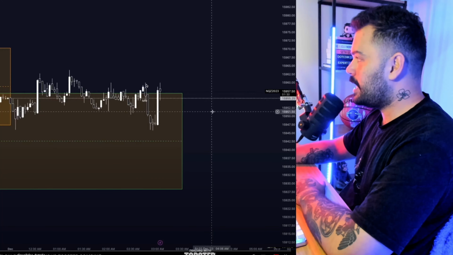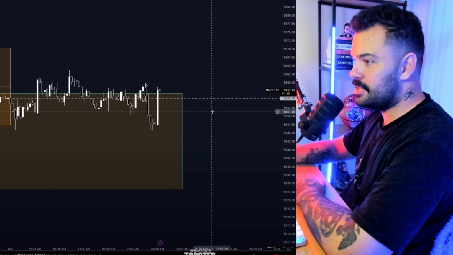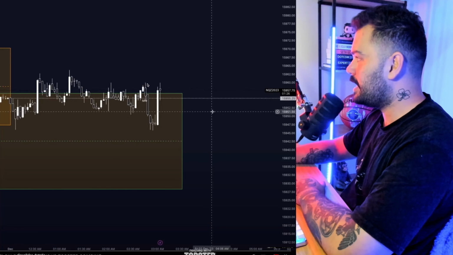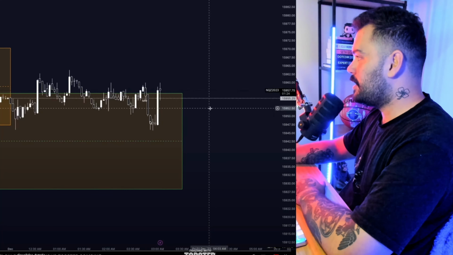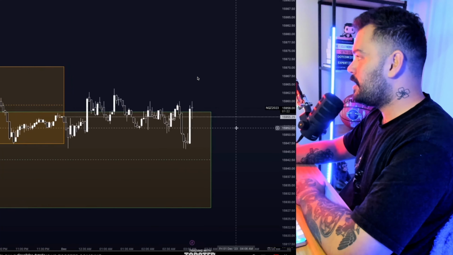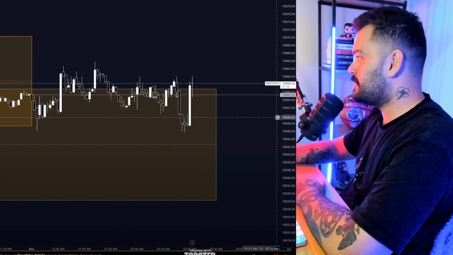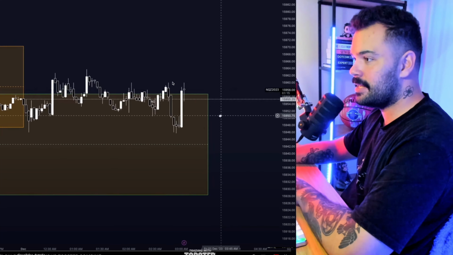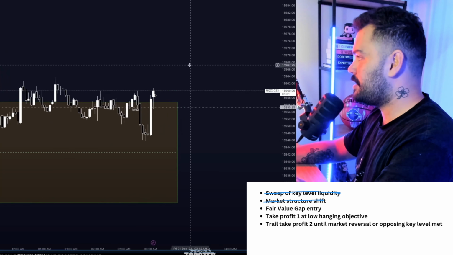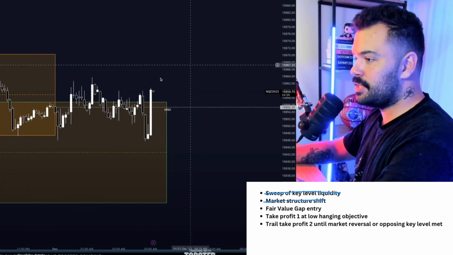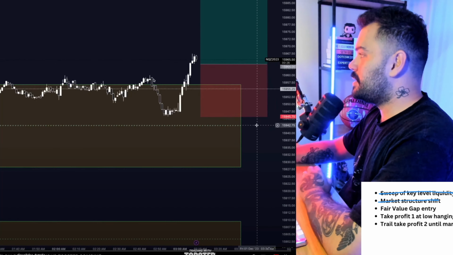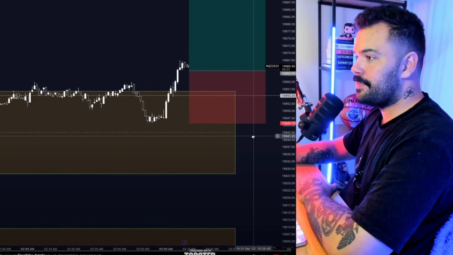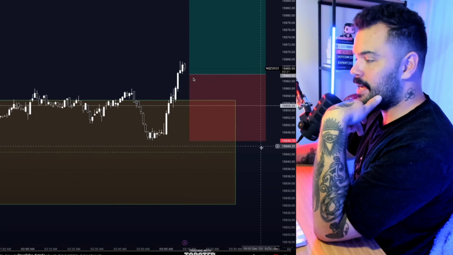And what I'm waiting for here is for this high here to be broken. So once this swing high here is broken, we've got that sweep of a key level below. Then once this high breaks, that becomes a market structure shift. So checking the second condition of a trade. Boom. So there you go. Market structure shift confirms my bullish bias after that sweep of the low. So once it's traded above that swing high, I'm then waiting for price to drop back down into a fair